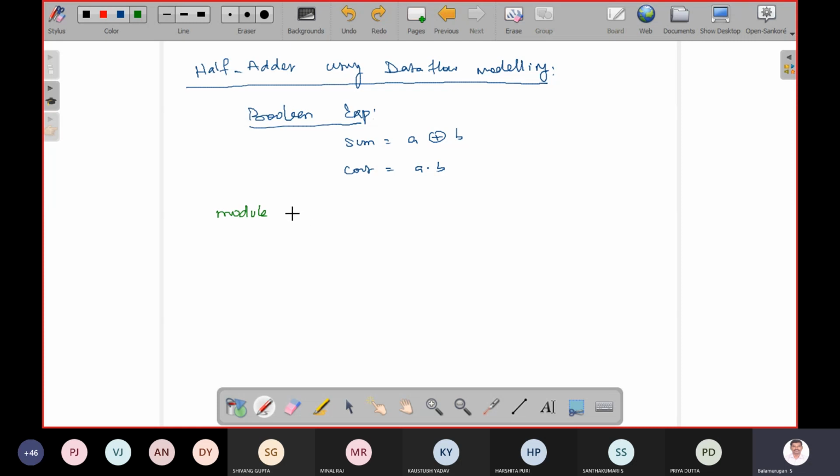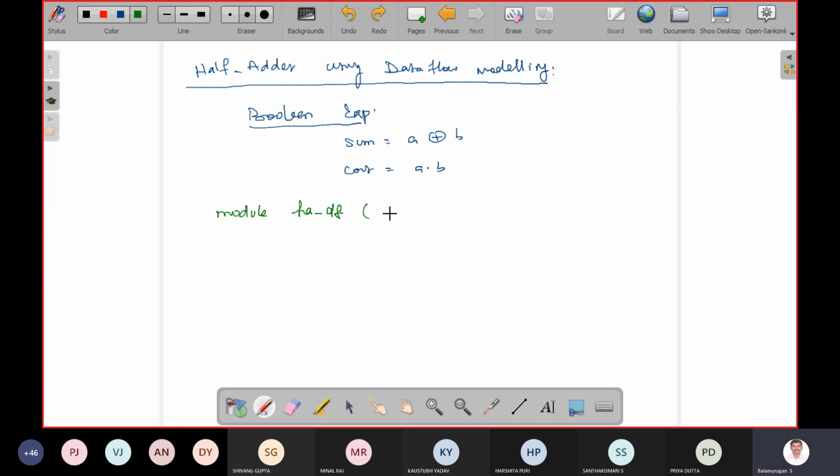So I have to give some meaningful name. The meaningful name here is HA. For further detail, if you want, I can put underscore DF. So by reading this module name, people should understand that I am going to write the code for the half adder using data flow modeling.